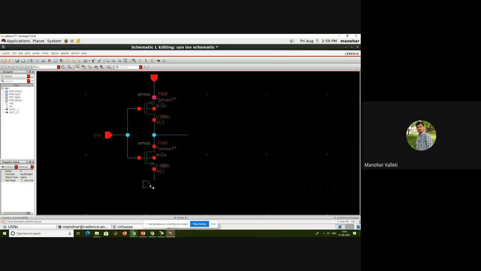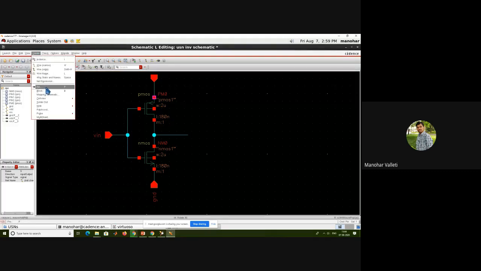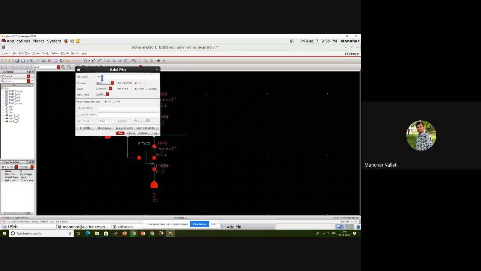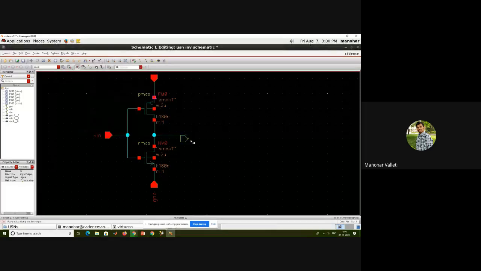Same way, next the ground will come. See ground. Now I want output, so I put Vout. Let us say I didn't change it. Actually, you need to change the direction here to output. Let us say in a hurry you just connected it as an input only. You need to always connect with this dot like this. If the Vout name is coming on the wire, it means this pin is input. Like that you can detect it, or later when you are executing you can find out. But you just see the names have to be always outside.